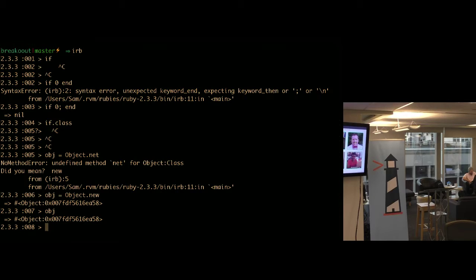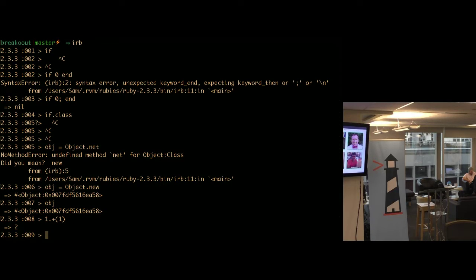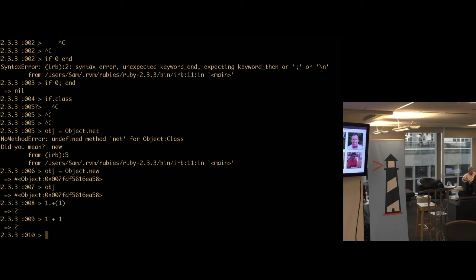Has anyone noticed that? Like if I wanted to add 1 to 1, that plus is a method. It's a method that accepts a parameter. So that's actually what's going on. It's weird, right? Ruby has syntactic sugar that lets us type it like this. But a lot of things are methods. A lot of actions are methods. So if I want to create a new object, I create a new instance of a class. Object is a class in this case. Every object is an instance of a class. We can't just create an object on the fly like we could in JavaScript.